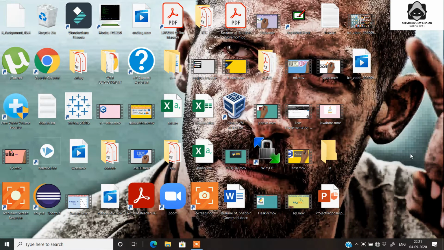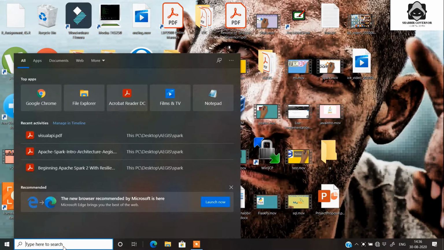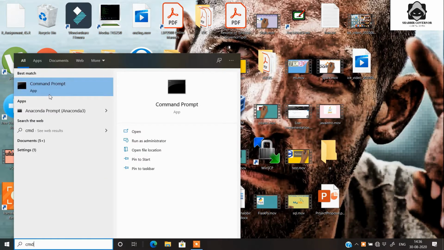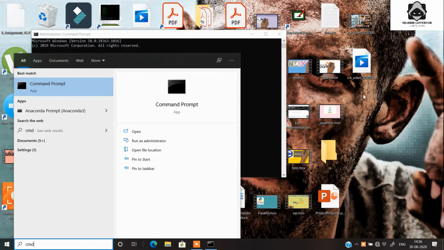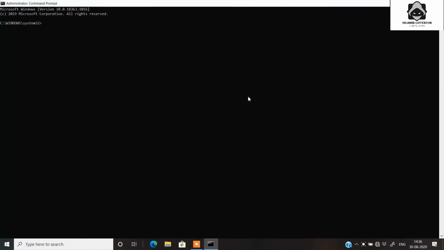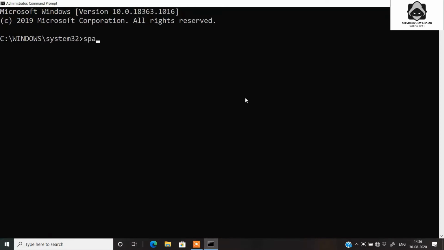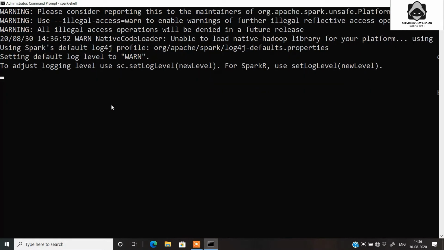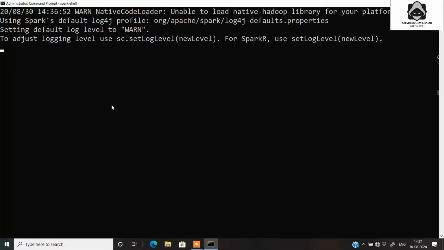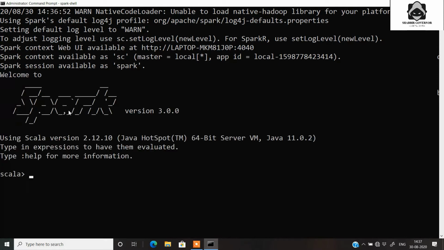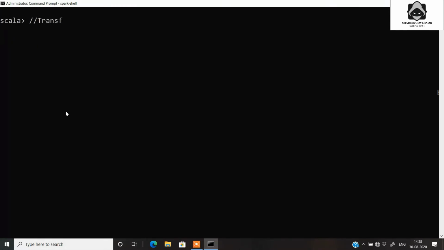So let's get started. Let's open the command prompt, right click, run as administrator. If you haven't installed Spark yet, I will leave the link to how to install it in the other video. I have shown this already, as a card here, so check it out. Write spark-shell in the command prompt to open your Scala shell. It will take some time, don't worry. So your Spark session is now initialized.